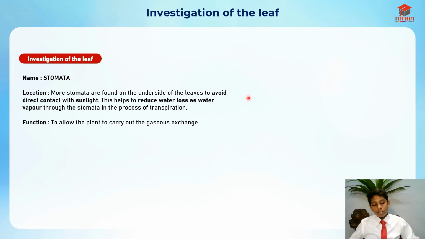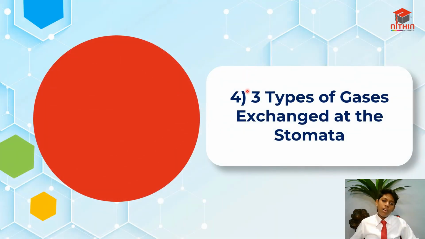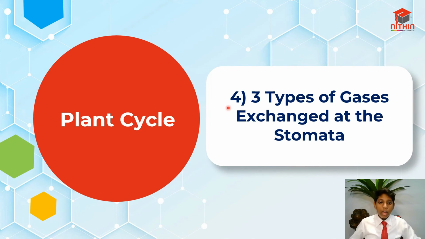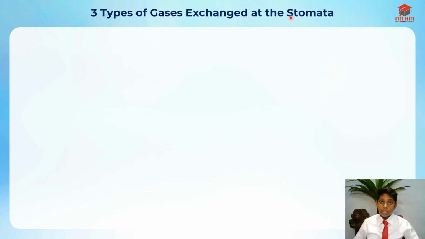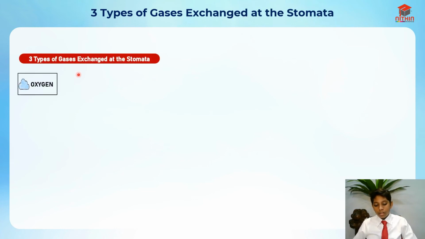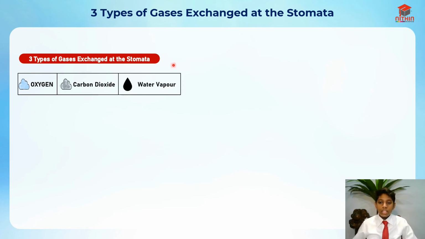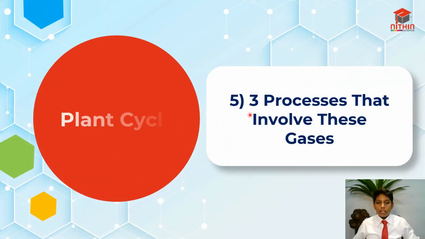Okay, so now let's move on. For the fourth segment of this video, I am going to go through 3 types of gases exchanged at the stomata. Okay, so the 3 gases exchanged at the stomata are basically oxygen, carbon dioxide, and water vapor. Okay, next, the 3 processes that involve these gases are actually